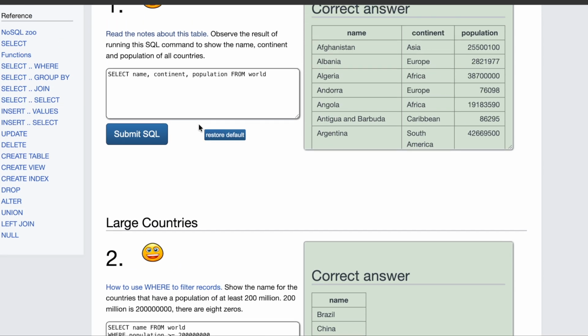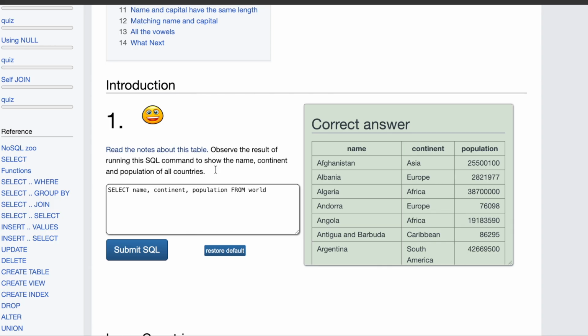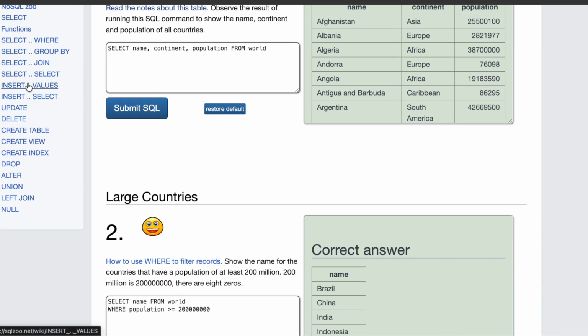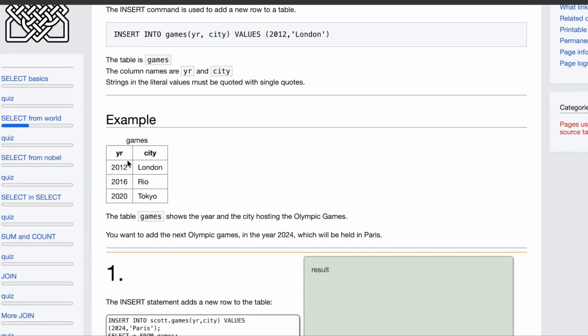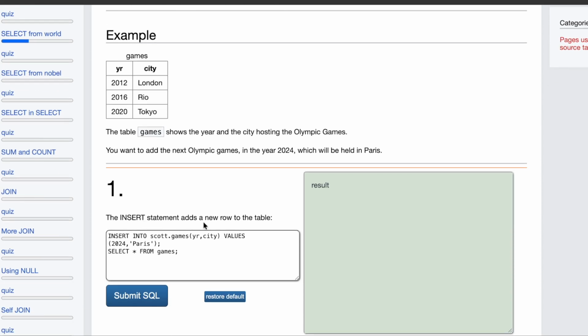But for today what we wanted was to understand how we can use the DML commands. So select, and we didn't practice insert, update and delete, so we can go ahead and check those as well. Here they're providing insert into games. This is the games table. They have 2 columns, year and city, and then values. The insert statement adds a new row to the table. Now we had the 2024 Olympics in Paris, so insert into games, and then